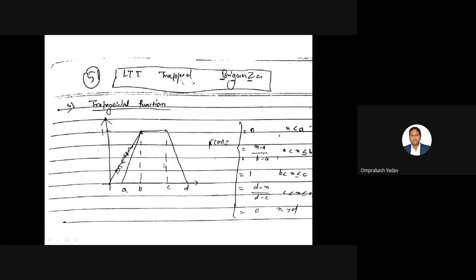If you want, you can try by yourself. Though the answer is over here, try to write it by yourself. See whether you are able to write the equation or not. If you're not able to write it, the answer is there, and I will also explain. But try to write on your own. There is one increasing line, one decreasing line, and one constant line. If you're able to write this, that means you understood how to write the equation.